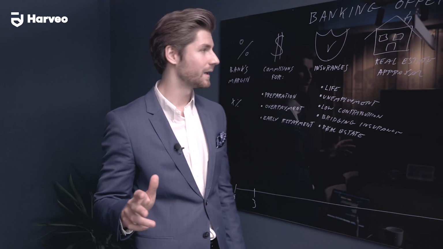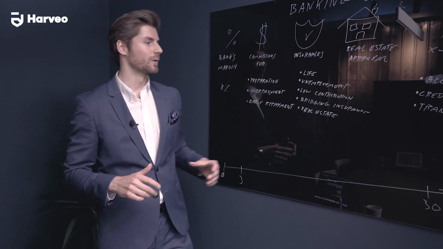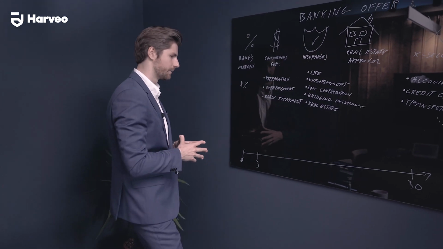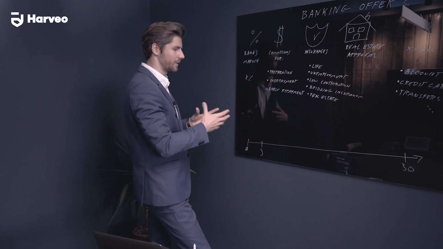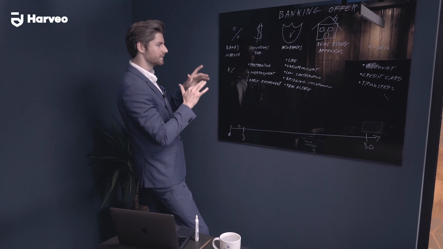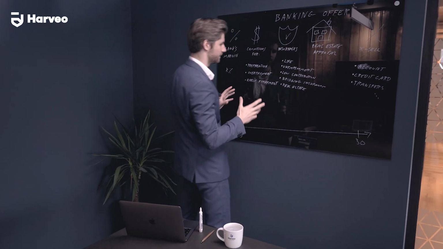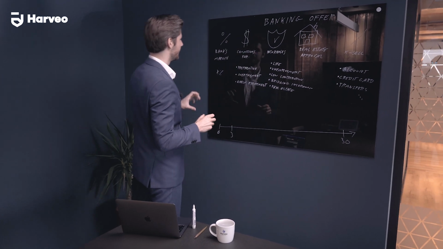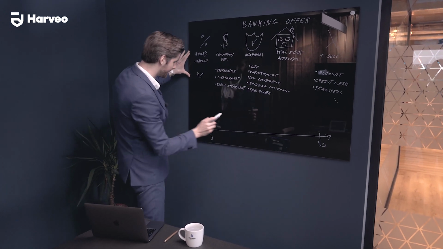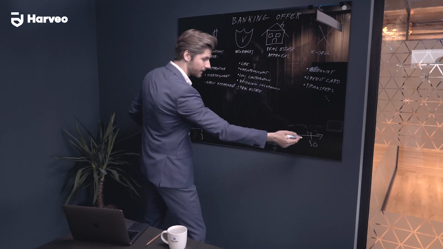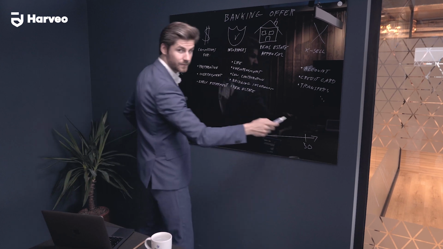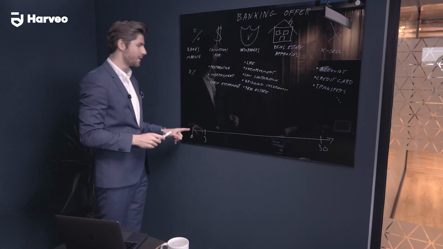So you know so far what the components of the banking offer are. Right now you may ask, so what are we going to do with this knowledge? Of course, that's our job to prepare the concept and tailor the most suitable offer for you. But to give you a teaser of how we're going to do it, the first step of comparison, the most critical part, is to decide if you are a long runner, so you are taking it for 30 years and you don't want to overpay earlier and you want to keep it for exactly 30 years without selling your estate earlier,